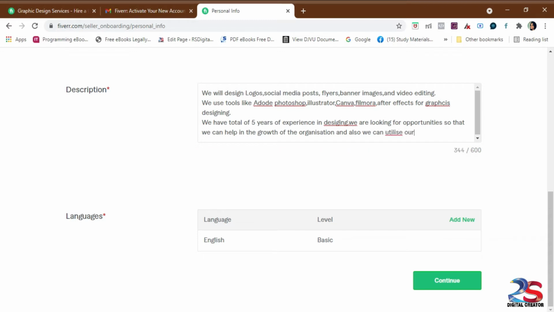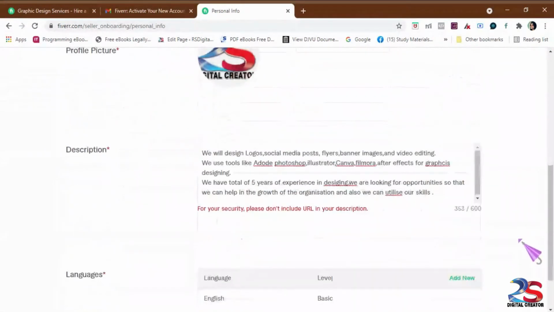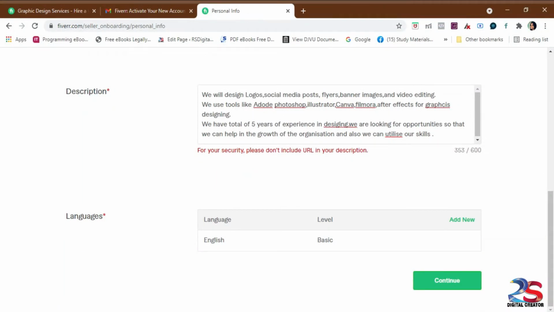What type of work you are able to do, you have to mention in your own words, so that the viewers who read your description will get an idea about you and what type of work you can do. Then click on the next step. If you have any corrections, you can do them, otherwise it will not allow you to move on to the next step.